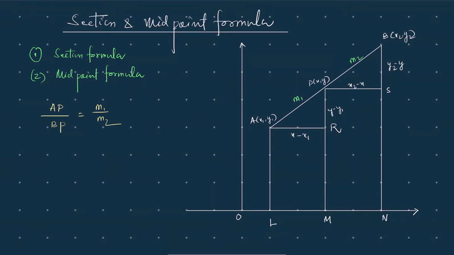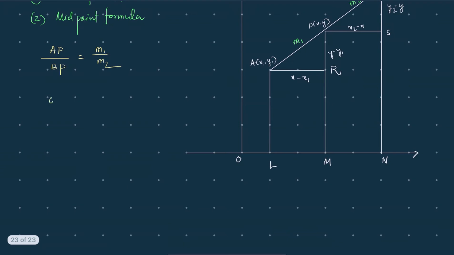So this distance is the x distance, and we need to find this other distance. This distance is x1. If we subtract OM minus OL, we are going to find ML. You can see from this figure, this is the OM distance minus the OL distance, so we are going to find this distance.